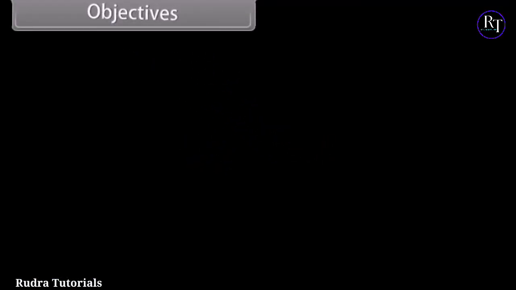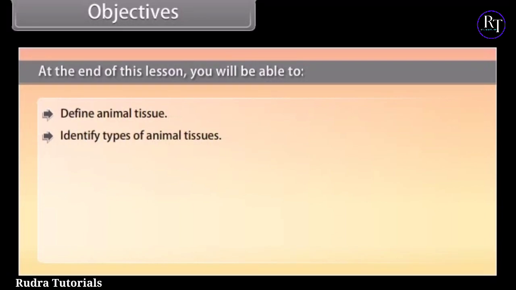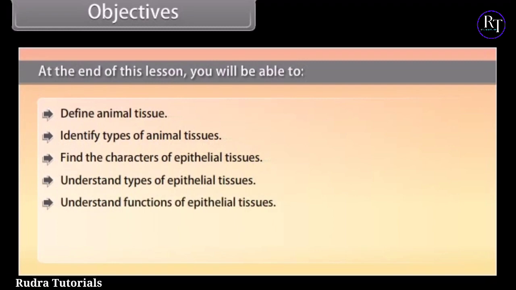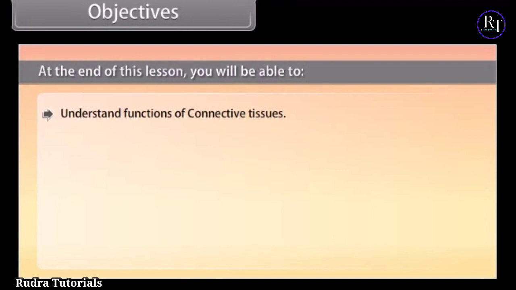Objectives. At the end of this lesson, you will be able to define animal tissue, identify types of animal tissues, find the character of epithelial tissues, understand types of epithelial tissues, understand functions of epithelial tissues, find the characters of connective tissues, understand types of connective tissues, understand functions of connective tissues,